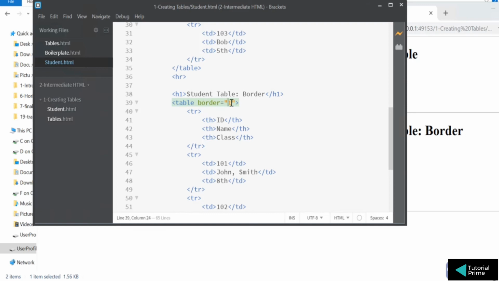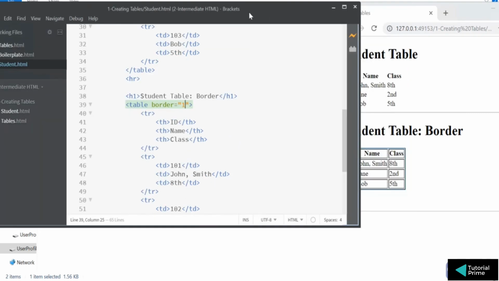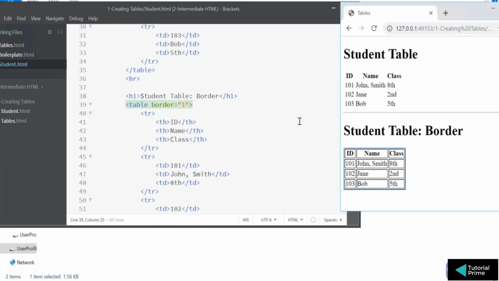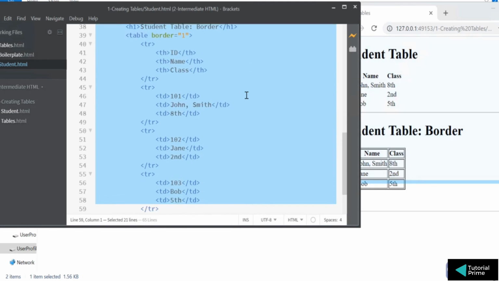Okay, you can specify the width of it, and once you say 1, the border will appear. You can increase it by 2, by 3, by 4, by 5, right? So border basically helps you to see the format of your table, right? What is the width, that is taken care of by the text, and then you can play around with it. Once you add spacing to it, then the border will help you to see which element or which column is basically taking that space. Okay, so one of the attributes of a table is border, using which you can add a border.